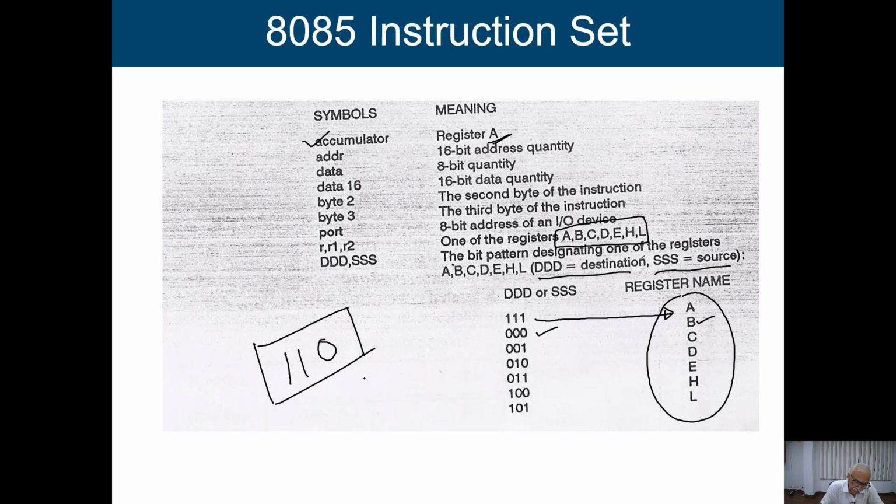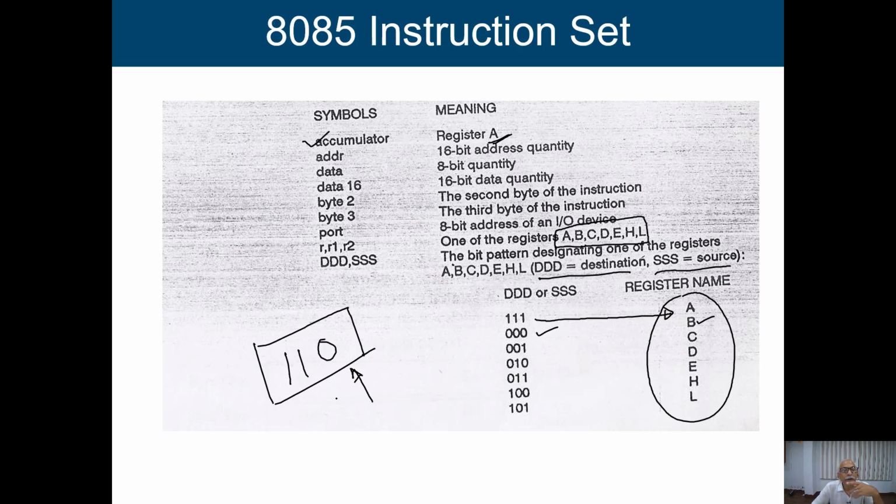So when this combination is lying free with us, we are going to use it for some other purpose. So this last combination 110 will be used when we are going to refer to a memory location. With these 3 bits, we identify one of the registers, but when we give either source or destination as 110, basically it says that now we are going to deal with a memory location.